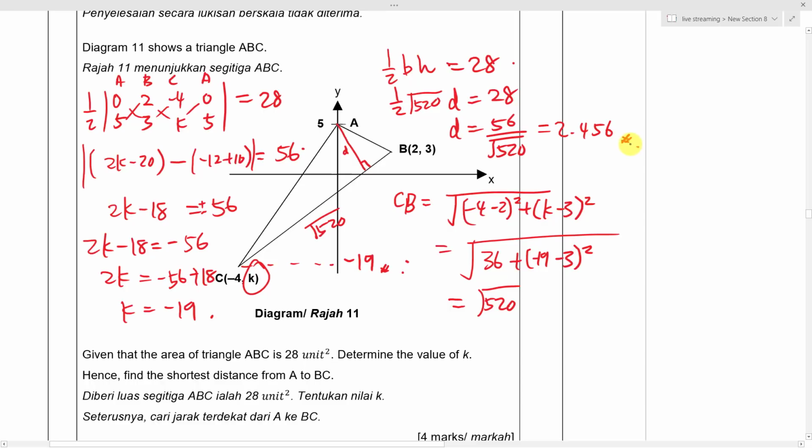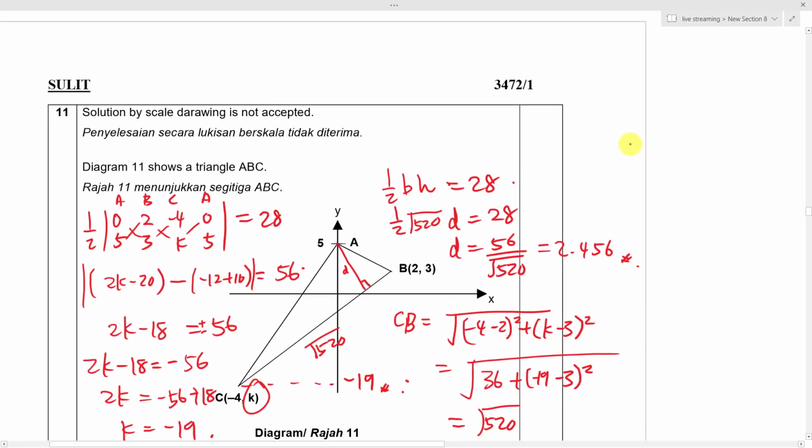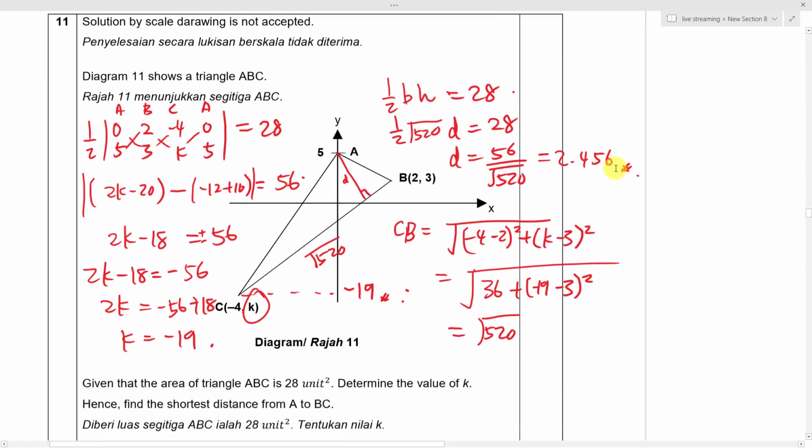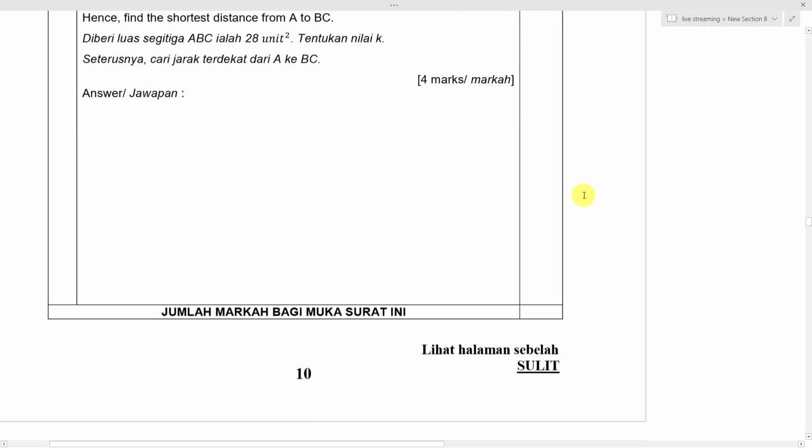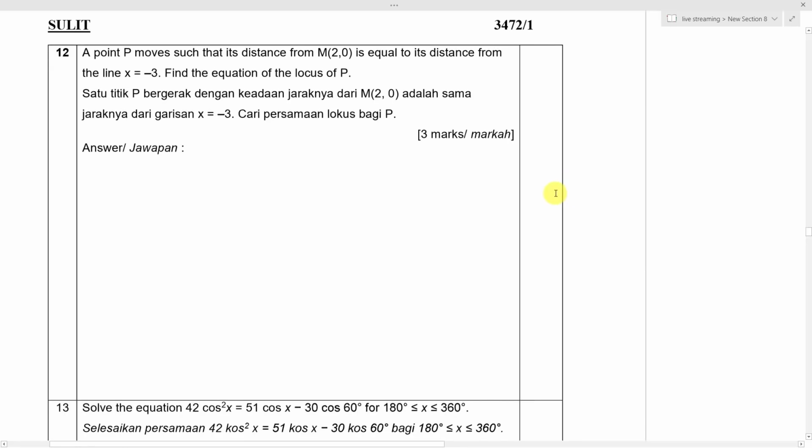Oops, my face is actually blocking it. I should get 2.456. It's basically 58, no, it's not 28, it's 56. Yeah, I've made a lot of careless mistakes here. Alright, so